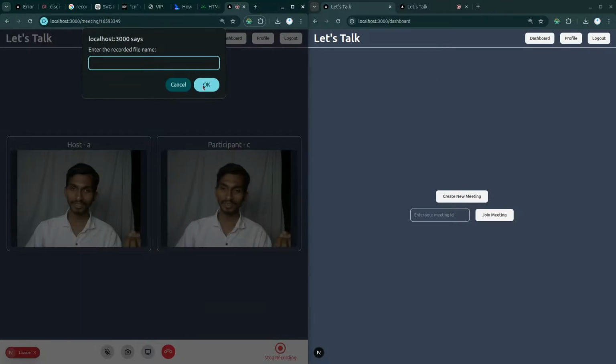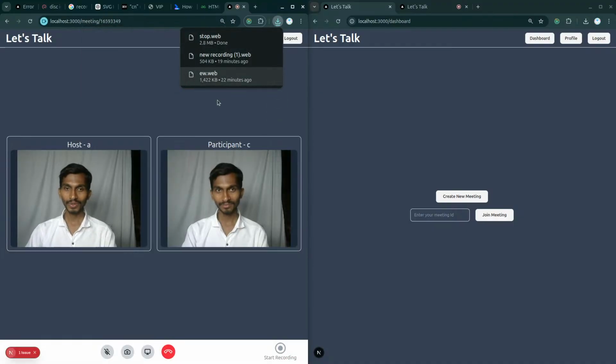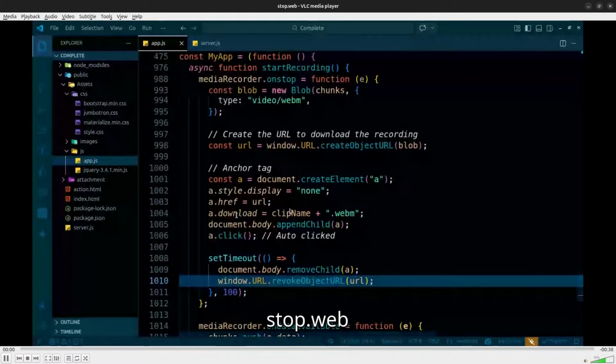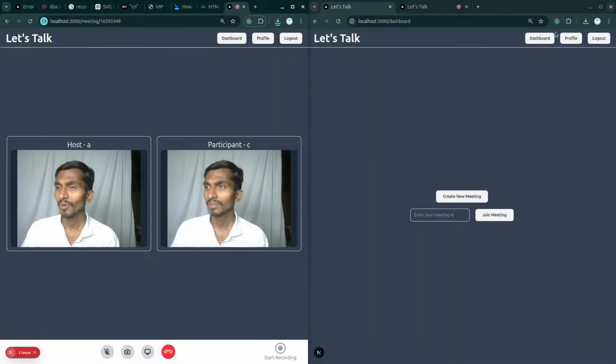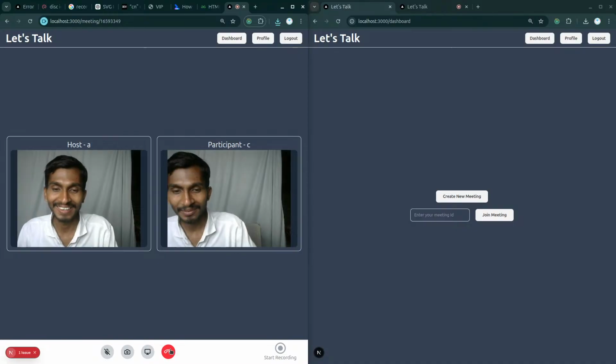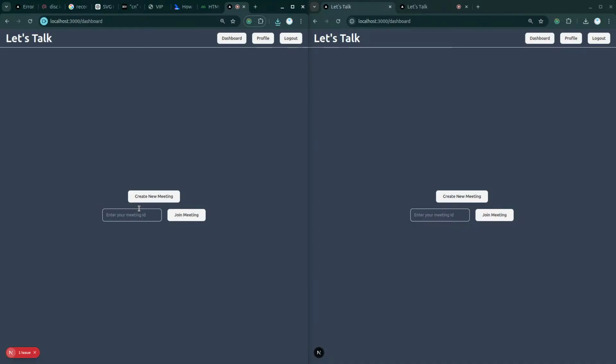Let me simply stop recording the screen. Stop. So I hope this is going to be fine right now. Visual Studio screen. So user number A is recording the screen. Okay, by the way, let me stop it. Ultimately it is working fine, I get this. There is no problem with this side. And when it comes to this